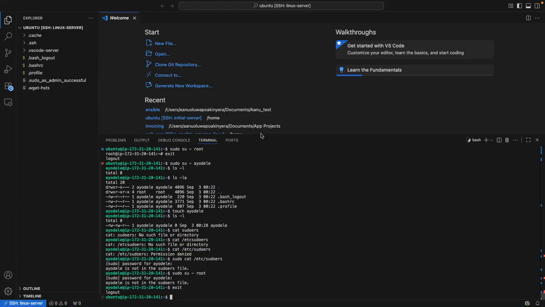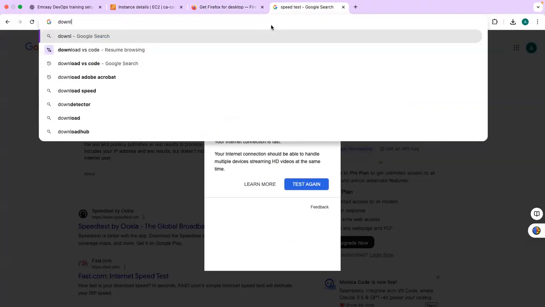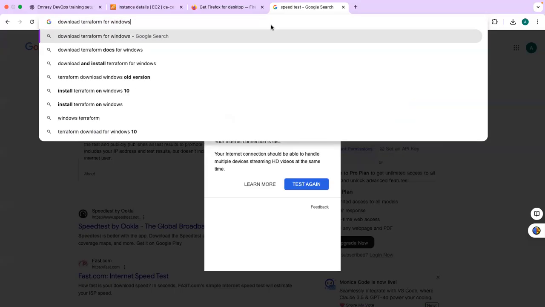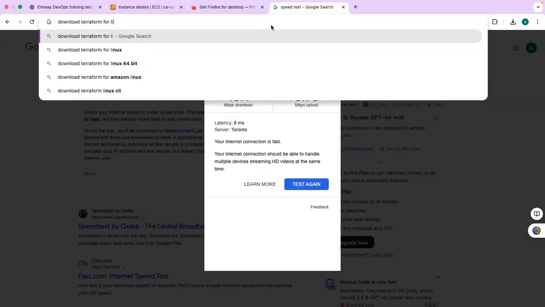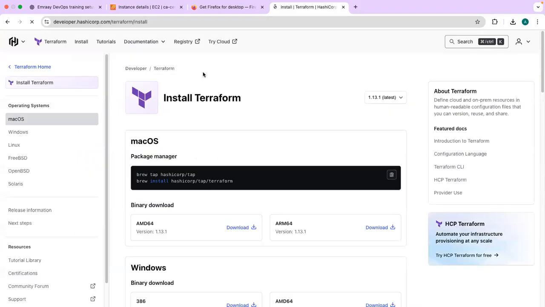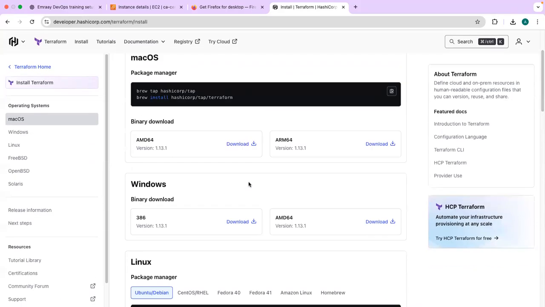So for example, we are going to be learning Terraform. Download Terraform for Ubuntu. Let us see how we are going to install Terraform in Ubuntu.